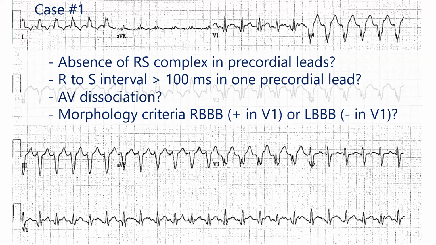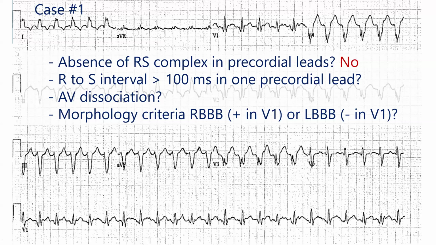Therefore, we move to the items in the Brugada criteria, which will serve to help give us a sense of what our index of suspicion is that this would represent ventricular tachycardia versus supraventricular tachycardia with aberrant conduction. So the first is, do you see the absence of an RS complex in the precordial leads? Well, going to V1 here, you see a Q, an R, and an S. And so this is looking like, although it's wide, otherwise normal morphology for a QRS complex. So the answer here is no.